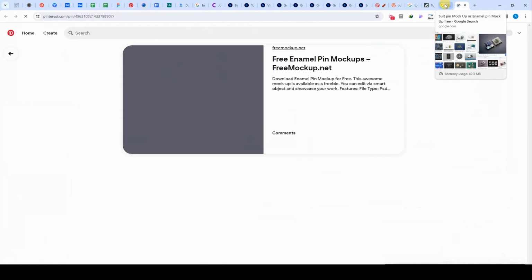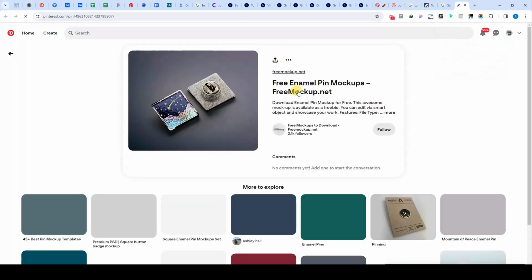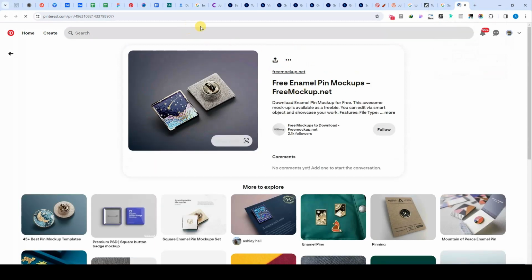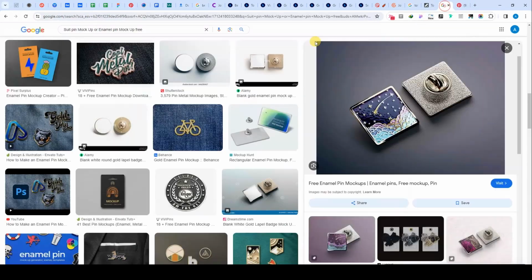All right, just like this one now. It will redirect you to where you can download, see, freemockup.net. This is another platform where you could get free resources for your next project. All right, so it's that simple. Whatever you are looking for,